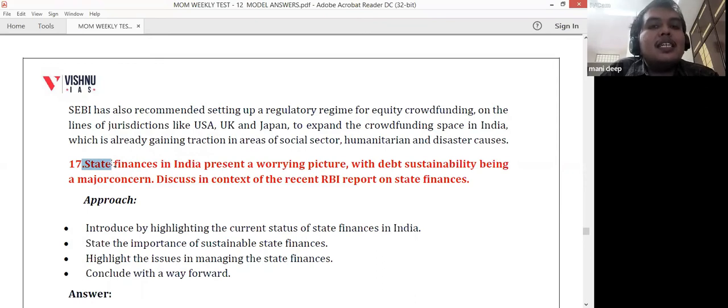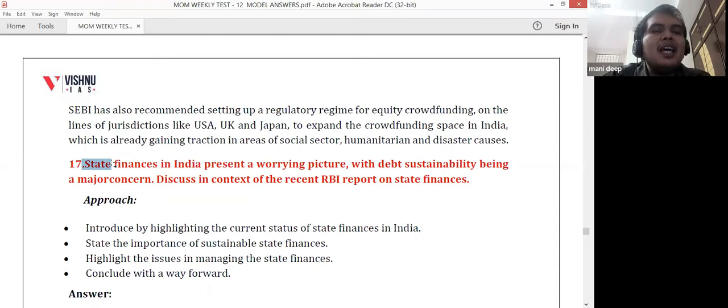Debt sustainability is nothing but what is the amount of debt that the state had taken. First, you should think about how much debt the state had taken. And second, you should write about how much interest they are repaying on the debt. And third is regarding for how many years this debt is taken. For example, is it for a short period or a long period. Then fourth is regarding the capacity of the state to repay the entire debt. So based on these four parameters, you find out the debt sustainability of any country or any state.